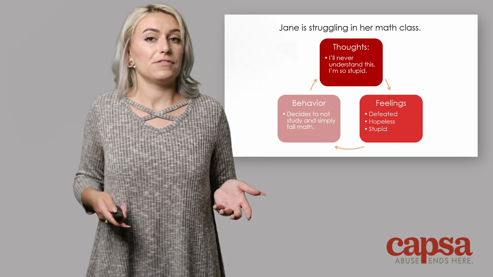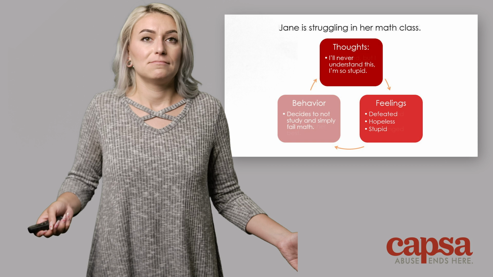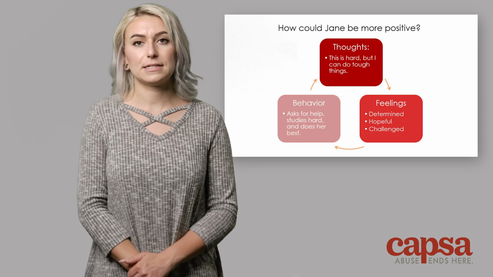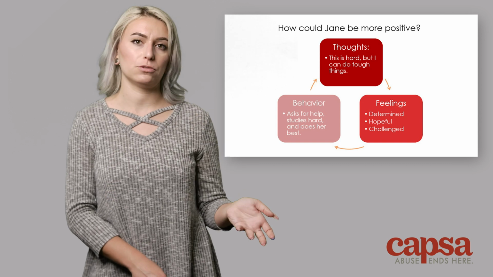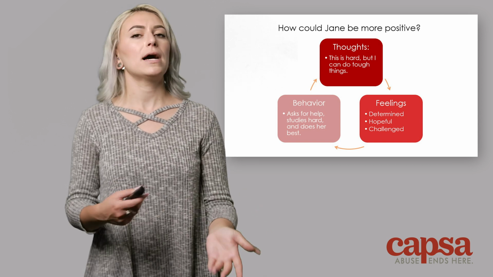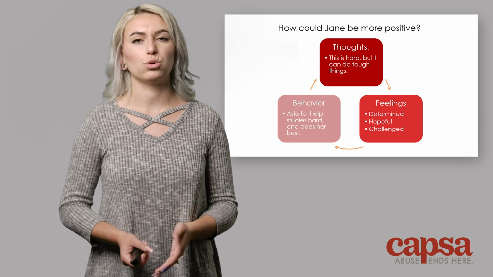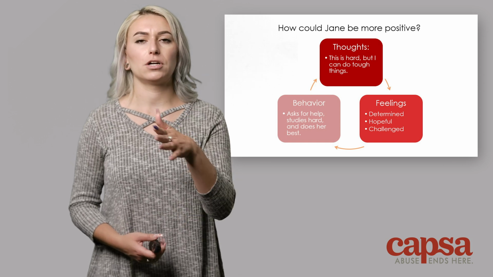So our next part of this activity is to ask the class, how could Jane be more positive? Because that's what this is about. Changing our thoughts will change how we feel and how we choose to react to situations. So ask them, how could Jane be more neutral or even positive? And go over this